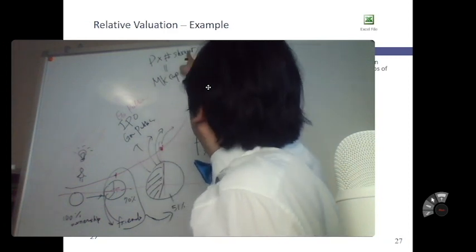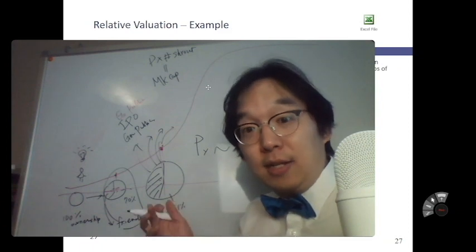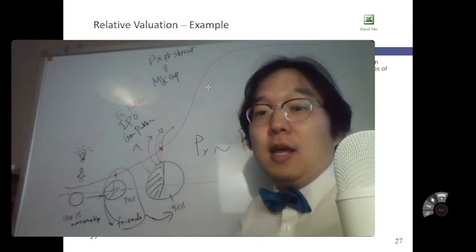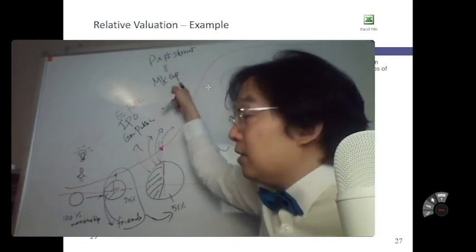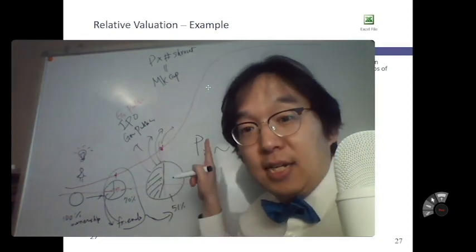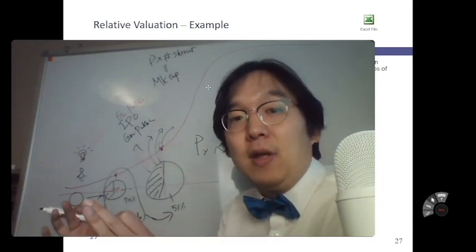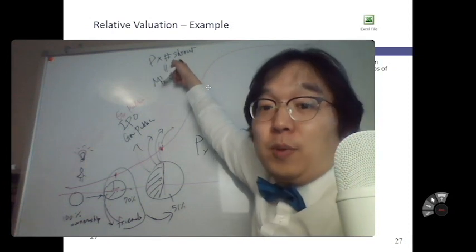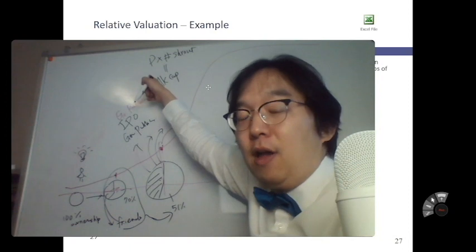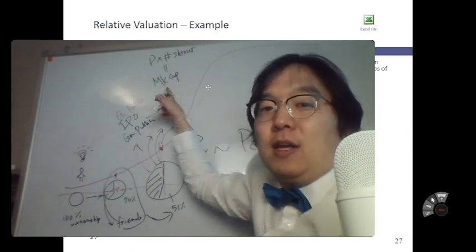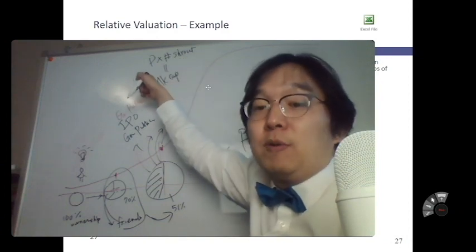I'll say SHR out, shares outstanding. Price times number of shares outstanding. The trouble is, different companies have different numbers of shares outstanding, and the market cap is the company's size. Even if the company's size is the same, if you have a smaller number of shares outstanding, your price per share will be bigger. Vice versa, if your number of shares outstanding is very big, then the price per share will be very small.